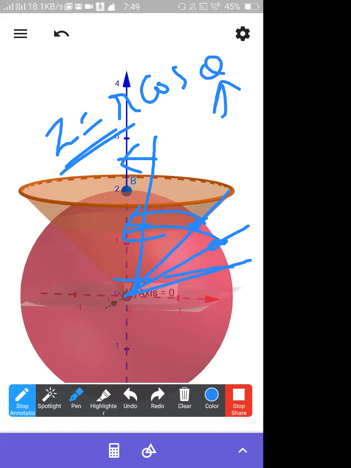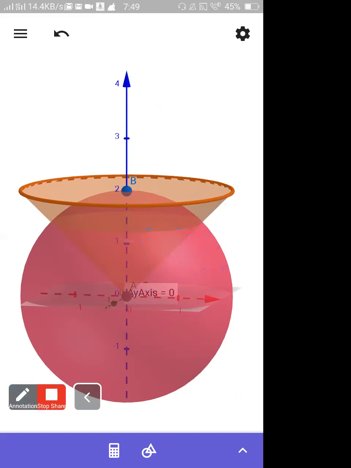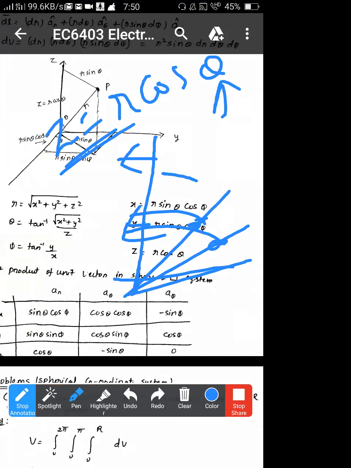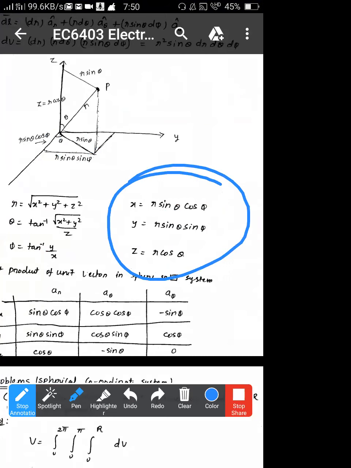Are you all getting these points? How these are all interrelated? X and Y and Z. How it is related with R and theta and phi? Little bit. Once you say yes, then I will go to the next concept. Or otherwise you are having some confusion here? Are you all understanding how this is related? And I have taken a case in such a way that to prove how theta and phi work in all cases.